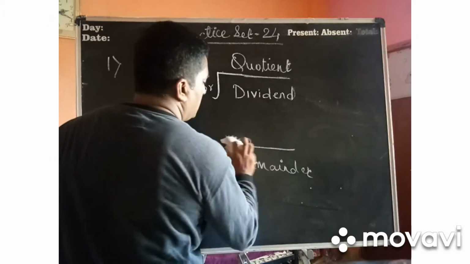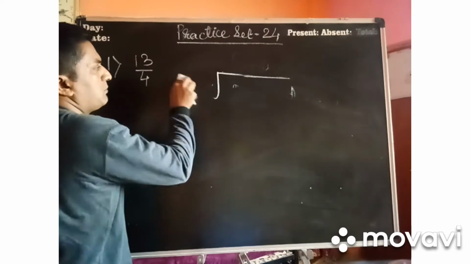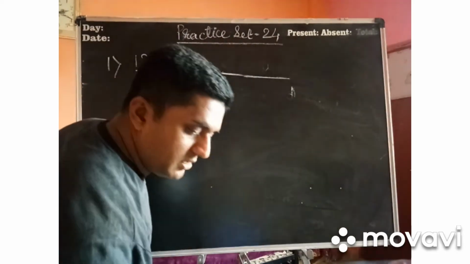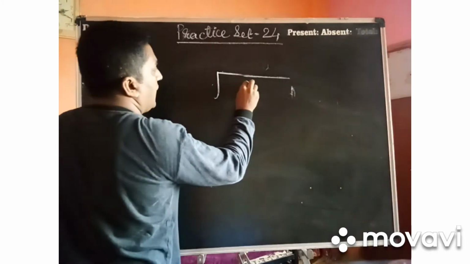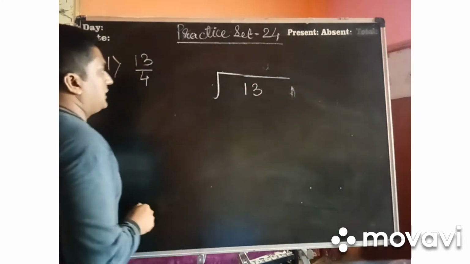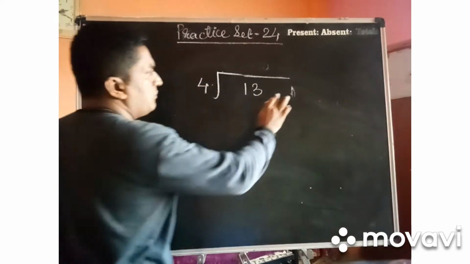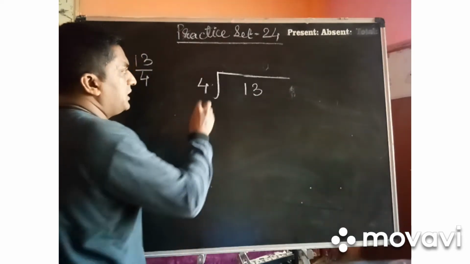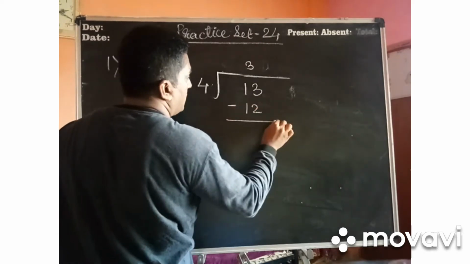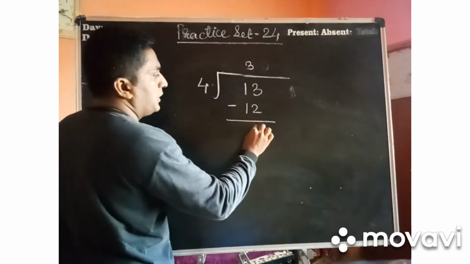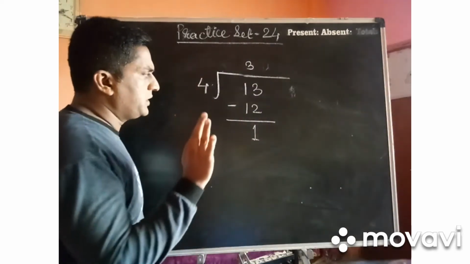How to solve it? We are going to start with the first sum, and your first sum I have already written on the blackboard. Let us see what this first sum is. In your first sum, 13 will come here in the place of dividend. 4 will come in the place of divisor. Let us start with this sum. Very easy sum it is. Last year we have done it. 4 3s are 12. Right everybody? Read the table of 4 up to 3. 4 3s are 12. What is the remainder? It is 1. Normally till 6th standard we are doing this. Okay, it is 1, it is over.